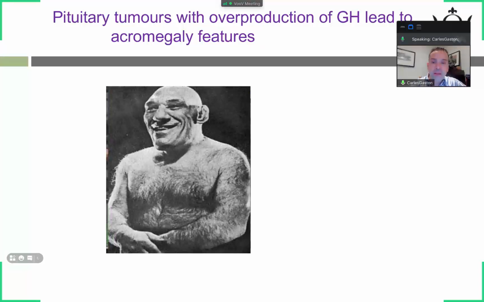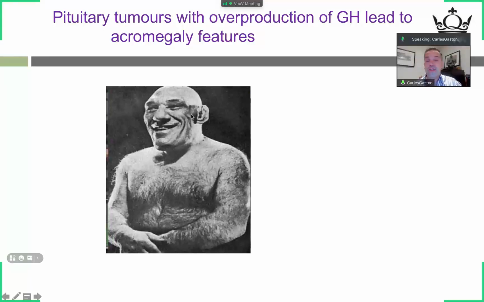As you can see, he has a very big jaw, very big ears, very big nose, so he has cranial prognathism, mandibular prognathism, and you don't see here, but he's got very, very big hands. These are clinical features of acromegaly. This acromegaly occurs in patients that have oversecretion of growth hormone.